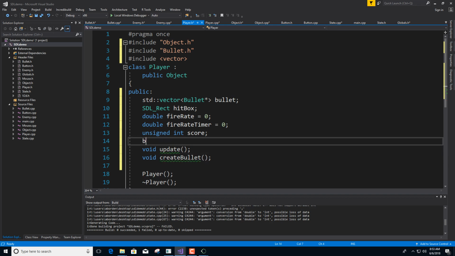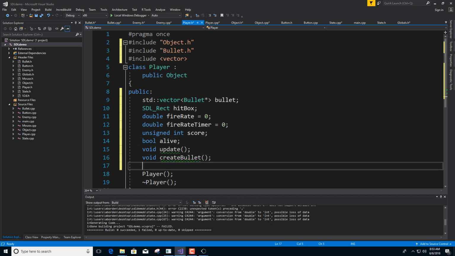I'm missing a boolean to keep us alive. Draw. You need your draw. We can pull draw from the base class. Is that what you said? Yeah. Doesn't need to be in all the. I don't think it needs to be in every object. I kind of wished I had put it in bullet, but I did just pull from the base class, so